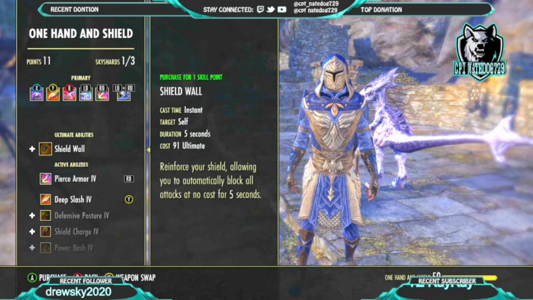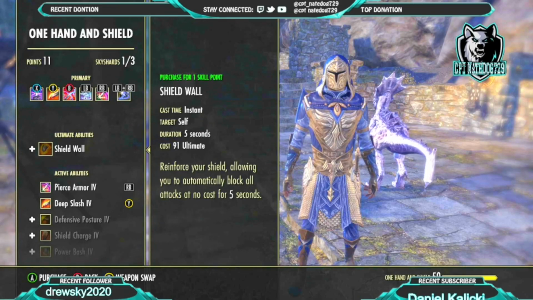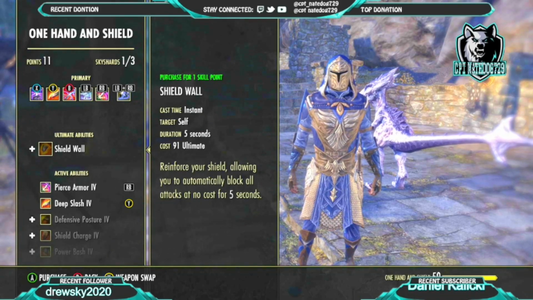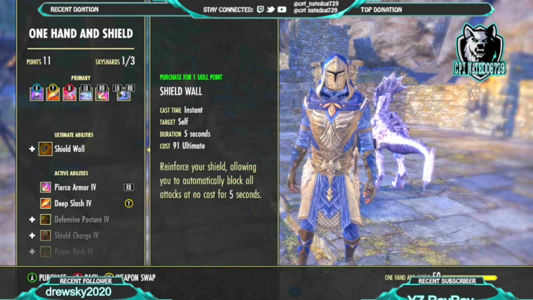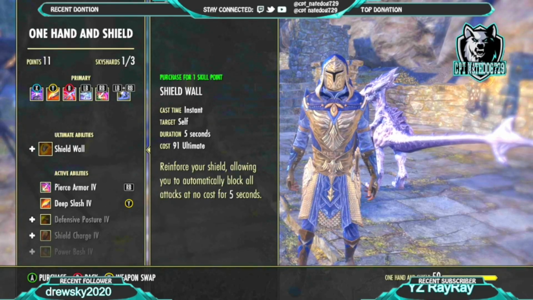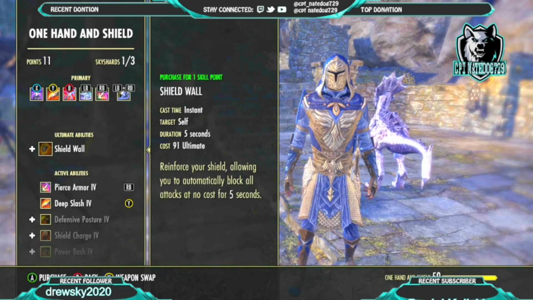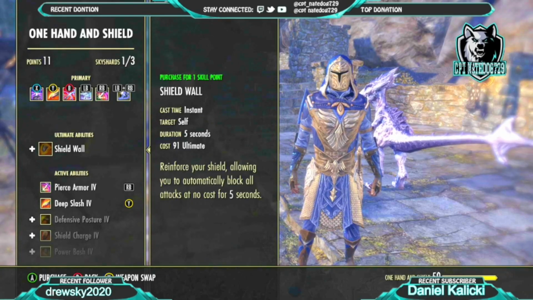And why Spell Wall over that one? Because Spell Wall will then automatically block projectiles, because if we read this, it automatically blocks all attacks at no cost for 5 seconds. It doesn't mean projectiles, it just means melee attacks is what this is. So that's why we use Spell Wall, because it also blocks arrows, it blocks magic projectiles